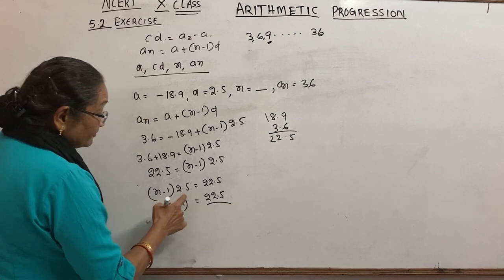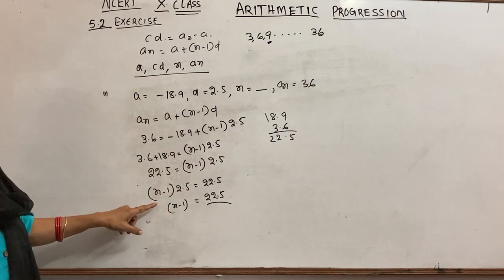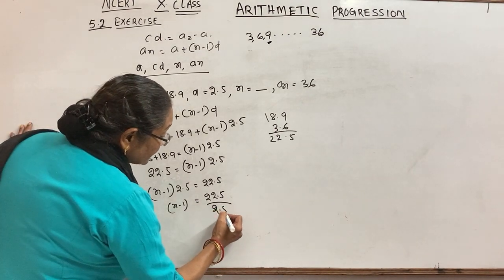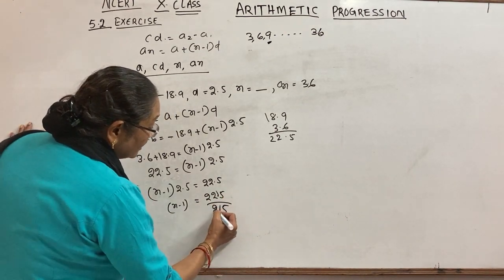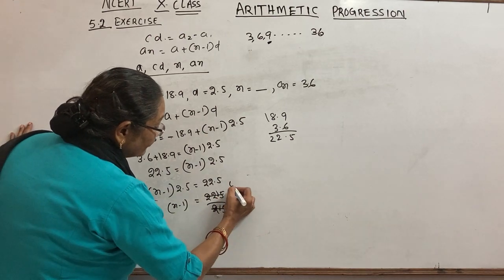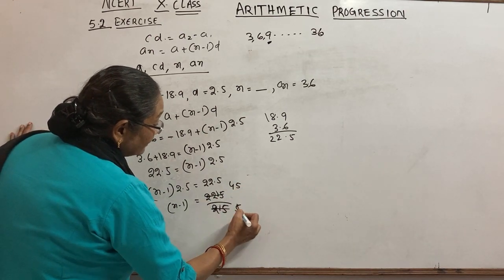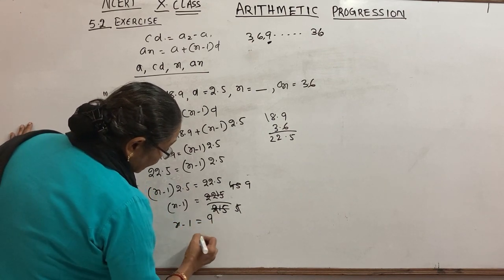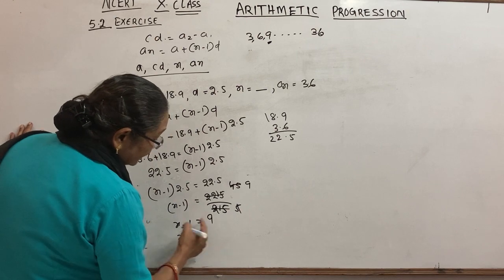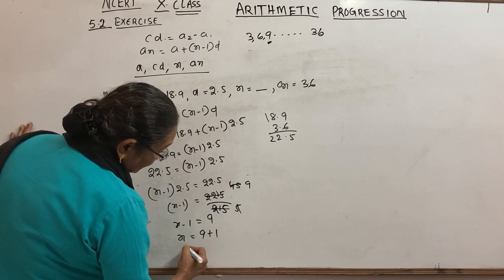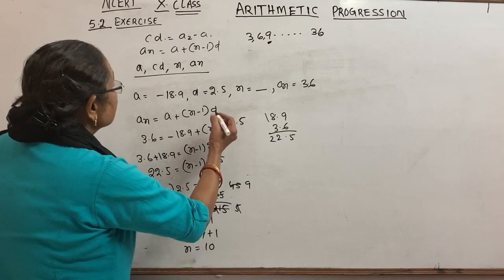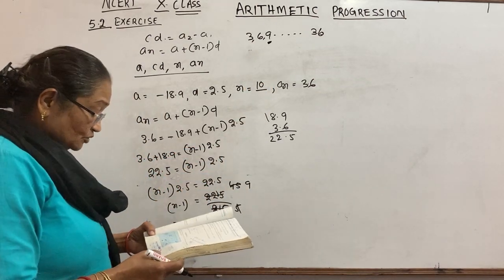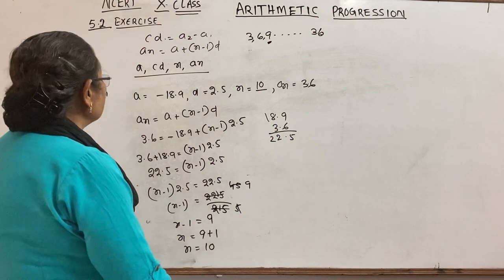Write down. Now between these two, what is there? The multiplication sign is there. So here it will become division. So now this decimal is gone. So 5 5s are 25, 5 4s are 20, 5 9s are 45. So n minus 1 equals to 9. n equals to 9, again minus will become plus. 9 plus 1, n equals to 10. What is our n? n is 10. Okay, now you got it. You understood. Now then the first question, fifth sum.